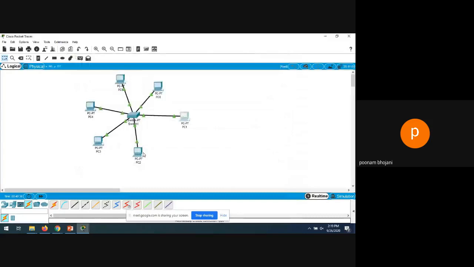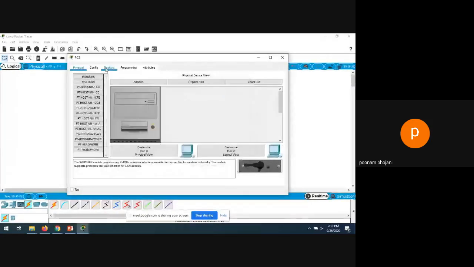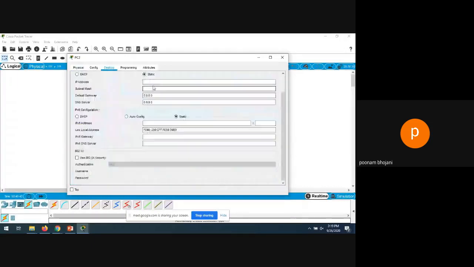Next is PC2. The same address, but 1.3. Let me copy it so that it can be assigned quickly. Only the last part you have to change, as 2.1.